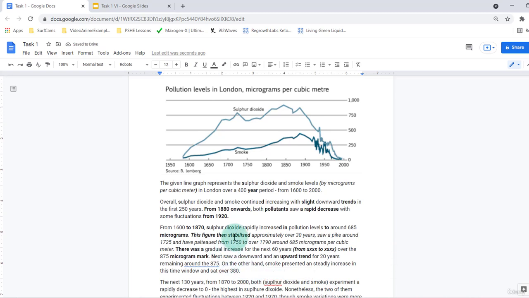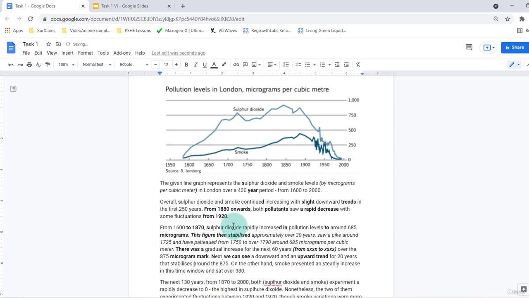Not the best in terms of opening phrases. Next, we can see. Generally, we don't use too many pronouns, but I'm going to use that here just to structure the sentence in a slightly better way. Next, we can see a downward and upward trend for 20 years that remains, that